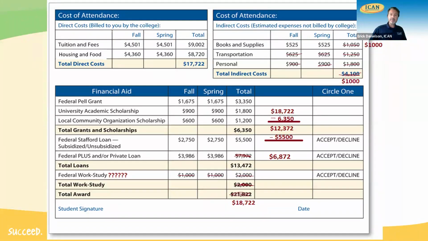Now, one thing that we haven't also factored in to helping pay for the cost is this federal work study. I know personally, I would rather see the student, if they're going to be doing the work study, using that to help pay for their transportation and personal costs. This money isn't given to them up front, and so they do have to put in the hours to work to get it. And if they're going to need the transportation and personal expense money anyway, work study might be able to help cover that as you go along.